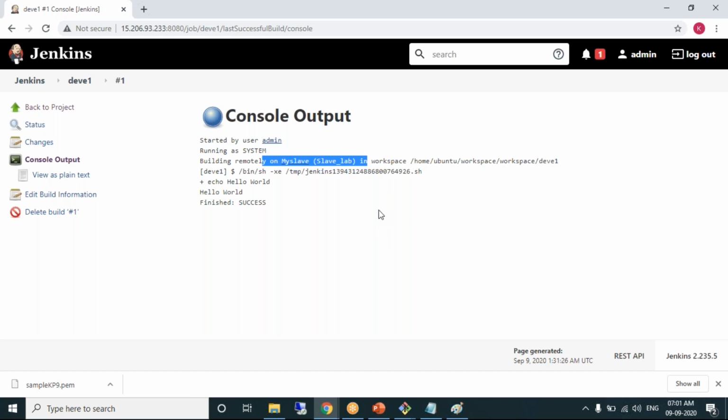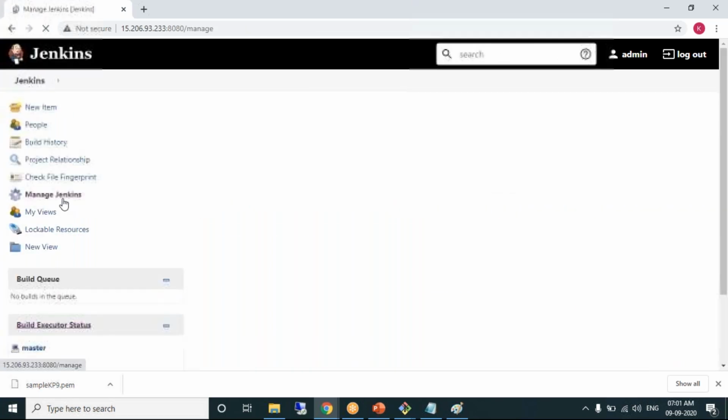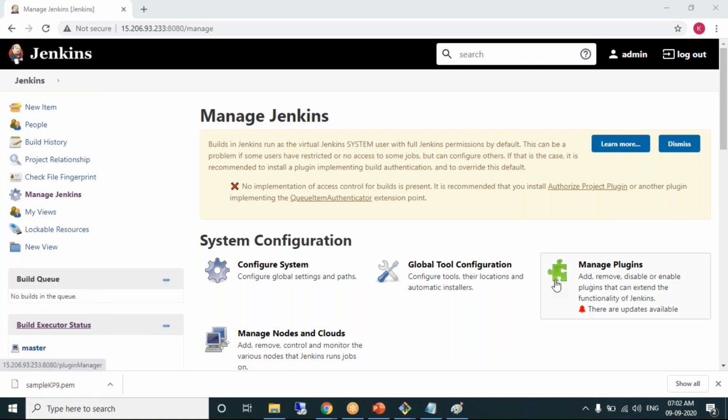A job needs CPU and RAM. From our point of view it is hardware; from Jenkins' point of view it needs a node. Node is nothing but a machine. Look at the node graphical representation also. It's like a machine only, isn't it? Look at this: Manage Jenkins, Manage Nodes. See, the node is a machine. So from Jenkins' point of view, a node is nothing but hardware. Yeah. Thank you.